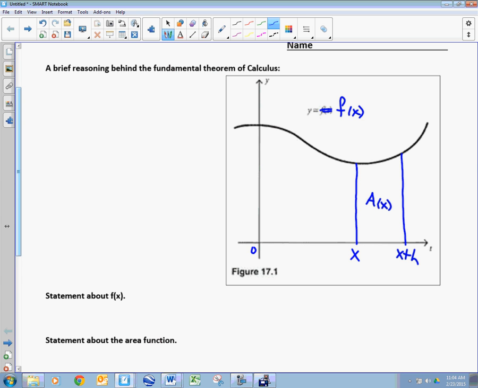What is the distance between x and x plus h? h. As h increases, according to the drawing, what happens to A of x? It increases as well. As h gets smaller, what happens to A of x? Yes. So A of x, that region right there, is going to be equal to,